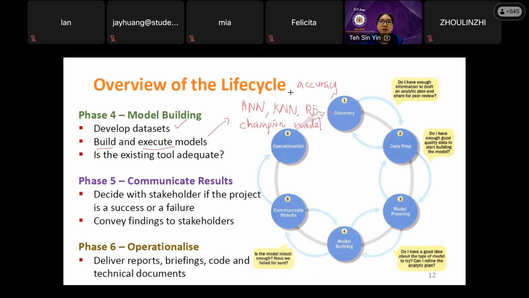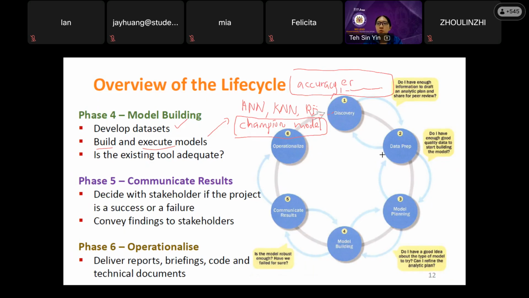What is the performance measurement? Besides accuracy, what else should I look at when I want to choose the champion model? Can you tell me in the chat box? Okay, error, very good. You can measure the error. We want the error to be as small as possible. And then the execution time.